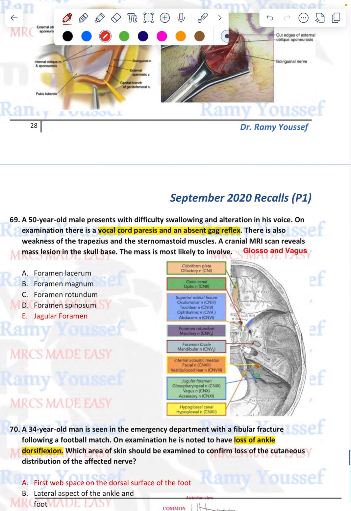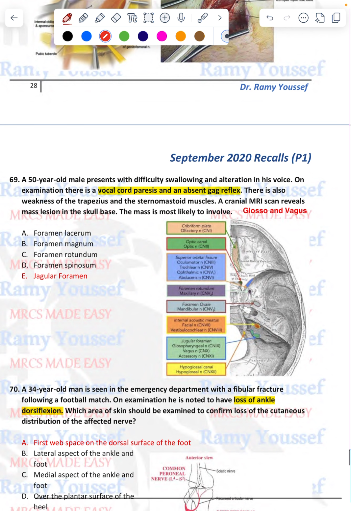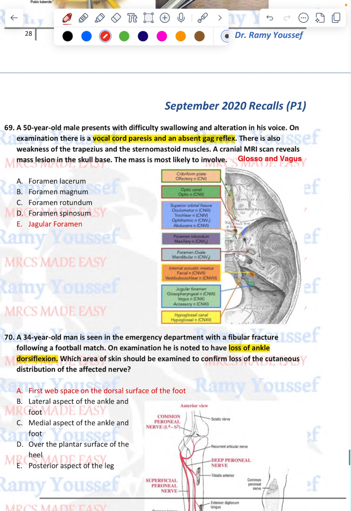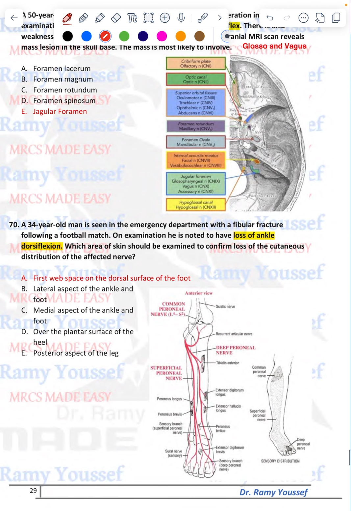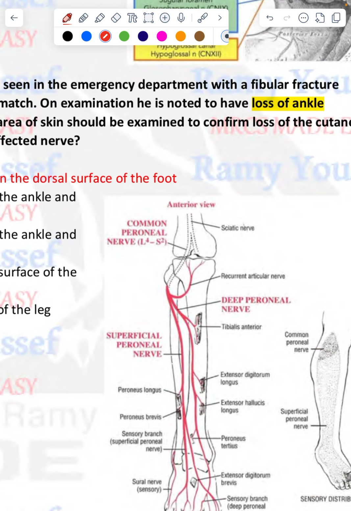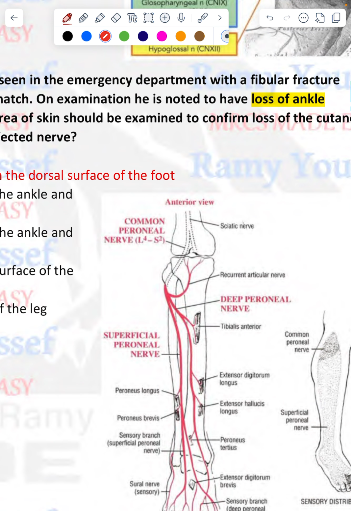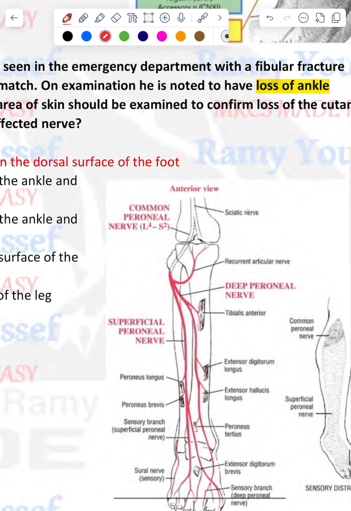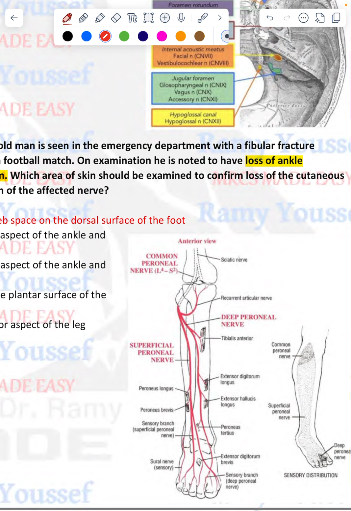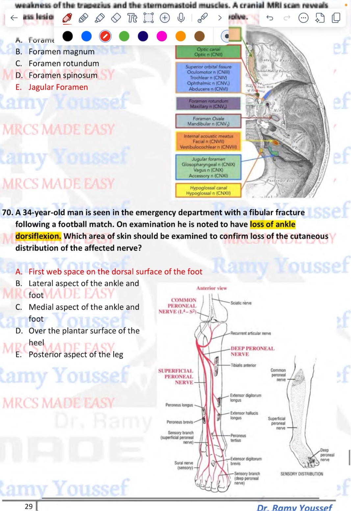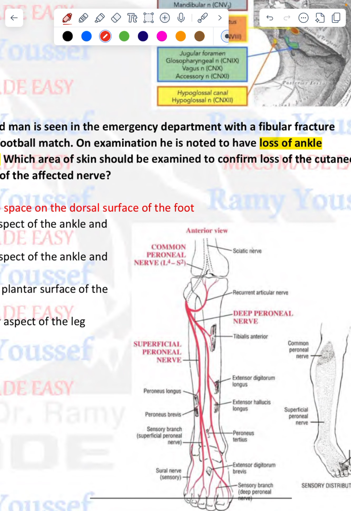Okay, common peroneal. So L5, deep peroneal. This is the dorsal space. This is a question that is asked again and again. Common peroneal divides into recurrent articular branches just anteriorly. Deep peroneal is anterior, superficial is lateral and posterior. Deep peroneal supplies the first web space as its sensory branch. So dorsiflexion is from the deep peroneal, and the superficial peroneal is the